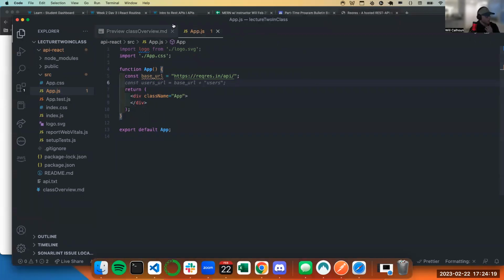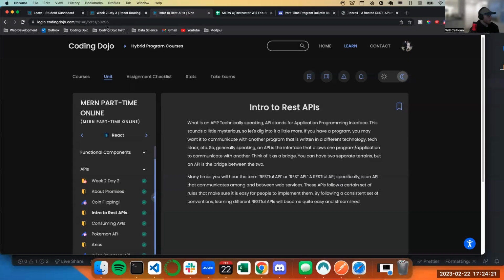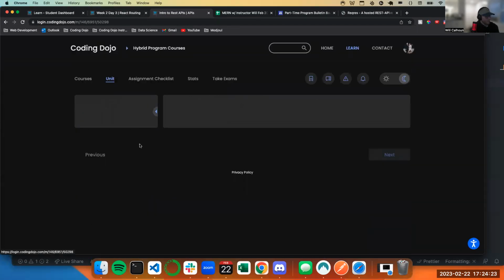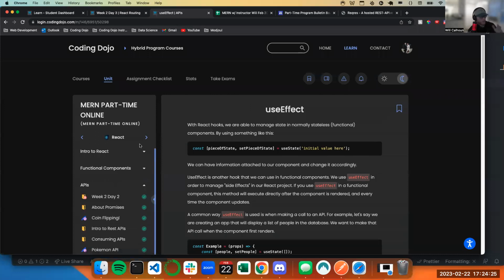Now, there's a tool within React that we're not supposed to go over until tomorrow, but I want to go over it now. It's another hook, similar to useState, called useEffect.